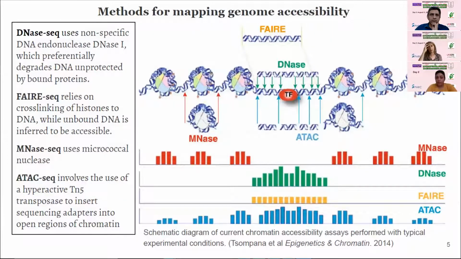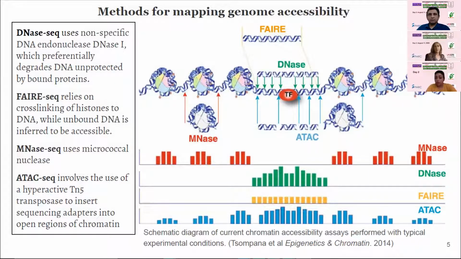Okay, so those techniques were for finding the binding sites of a specific protein of interest. But if we want to know where the genome is accessible and where the genome is not accessible, then we have different types of techniques that are not transcription factor specific. So you do not need to fuse your transcription factor with any enzyme in these types of techniques. So here 4 types of techniques are shown, that is FAIRE-seq, DNase-seq, MNase-seq, and ATAC-seq.